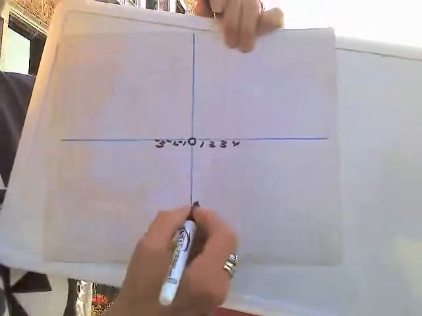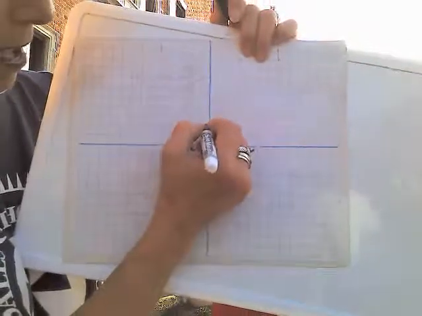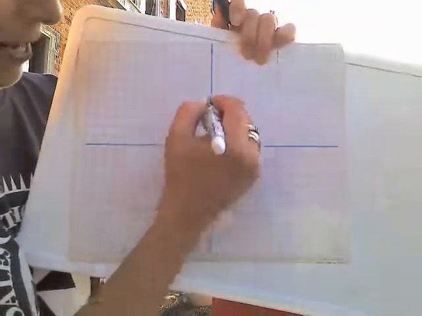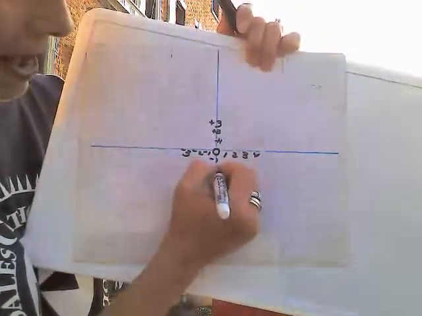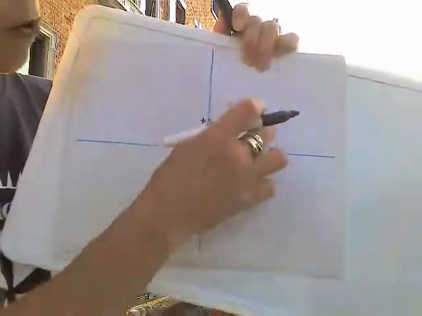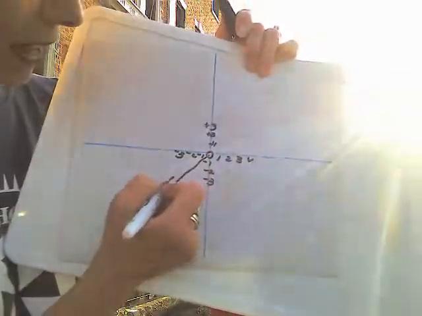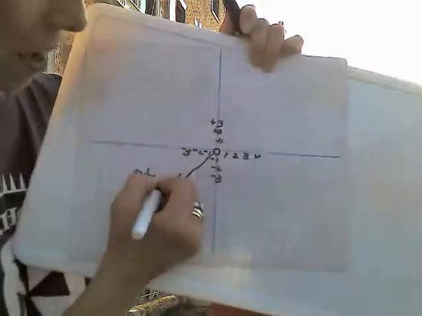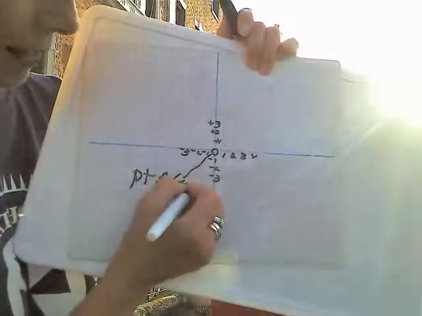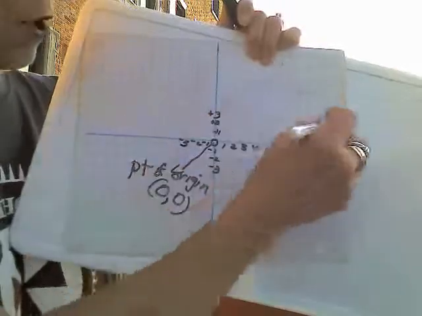We have another number line coming up this way. So this would be +1, +2, +3, and so on. -1, -2, -3, and so on. Notice that this crosses right here. This is called the point of origin, and that is at 0, 0. I'll talk about points in a minute. Notice this